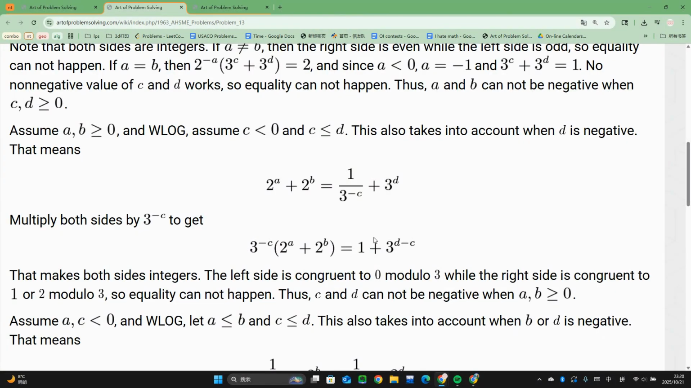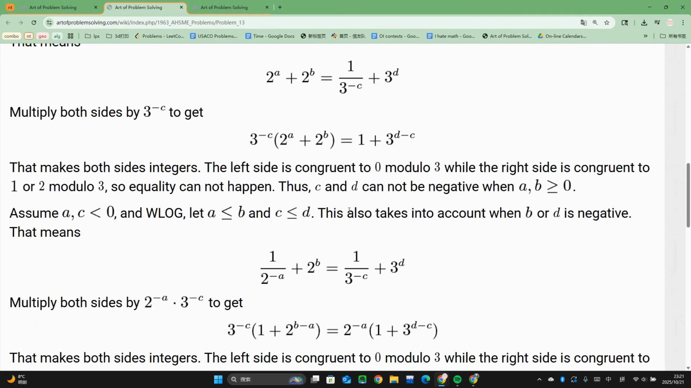However, the right side is obviously not divisible by 3, because D minus C is positive, as we assumed above, and so the right part is going to be a multiple of 3. However, we added that by 1, so it's not going to be a multiple of 3, so these two cannot possibly be congruent. And now that leaves us with the last case of A and C less than 0,